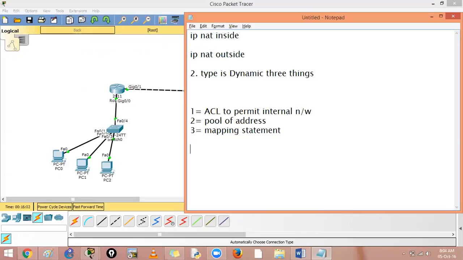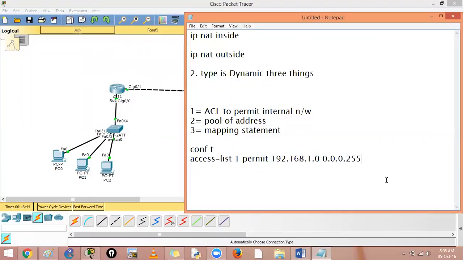So how do you do that? You have learned access lists, a standard ACL. In standard ACL, you should be in global configuration mode and you will say access-list, any number from 1 to 99. Access-list 1 permit 192.168.1.0 0.0.0.255. What am I doing? I am permitting the whole network, and an access list has an implicit deny after that. So automatically all the rest are denied. So only people who belong to this network will be given the addresses from the pool.